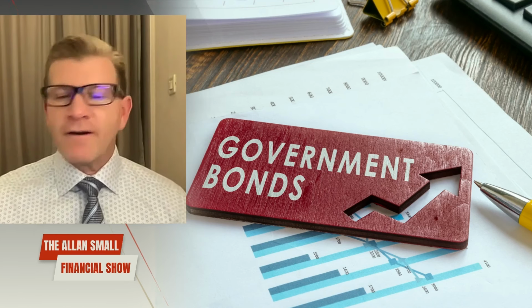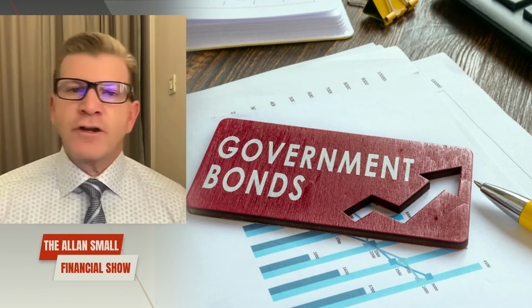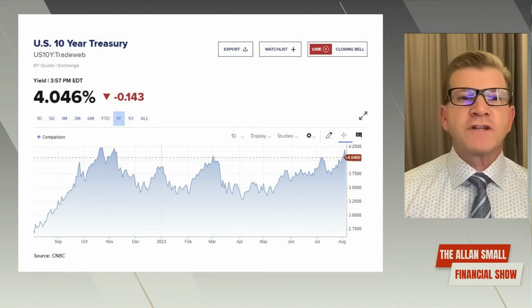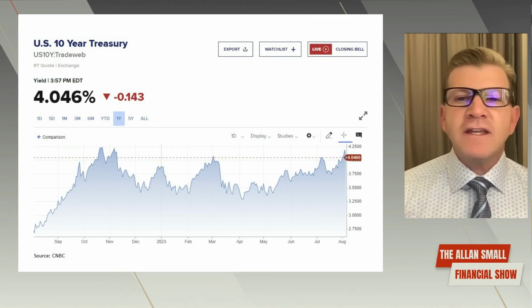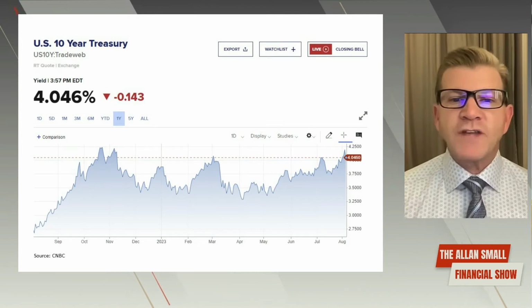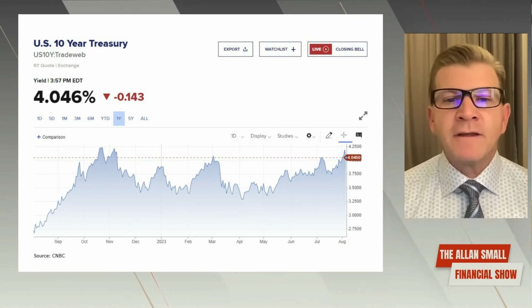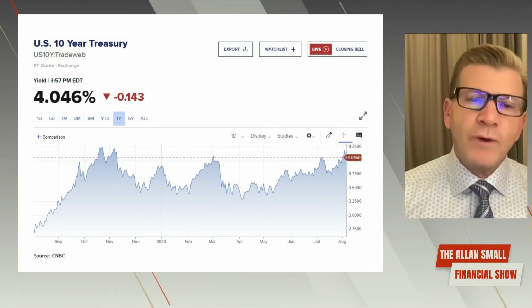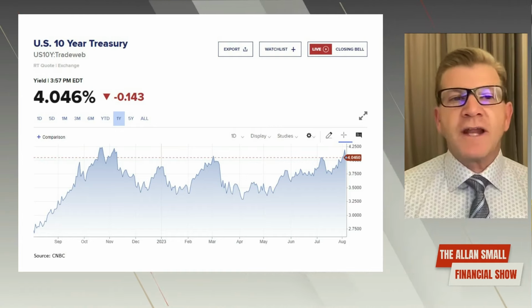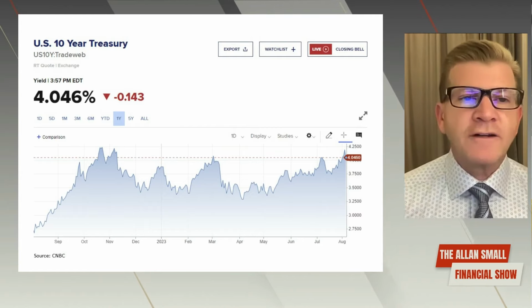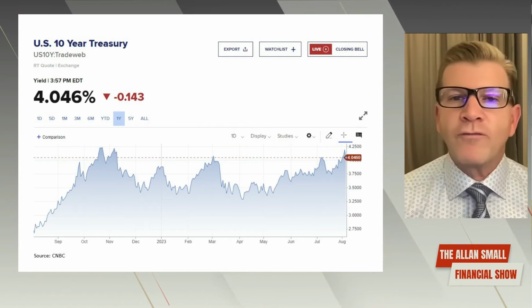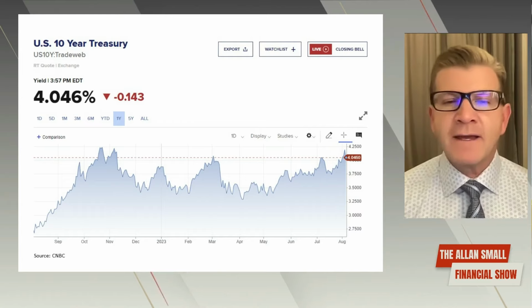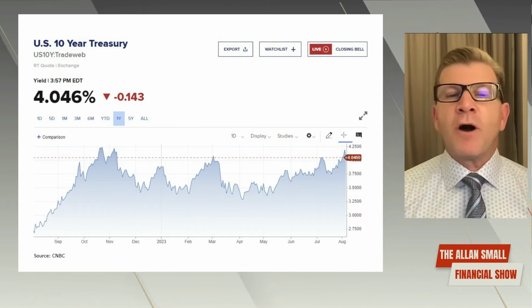We have a chart here on the 10-year Treasury rate, or the 10-year U.S. government bond rate. And you could see it there moving above 4%. For quite some time, the bond was actually well below the 4% rate. And it hasn't been until recently that we started to see an uptick. When we took this chart, this was sitting around 4.05%, a little different today. But overall, we've seen the bond rates move higher.